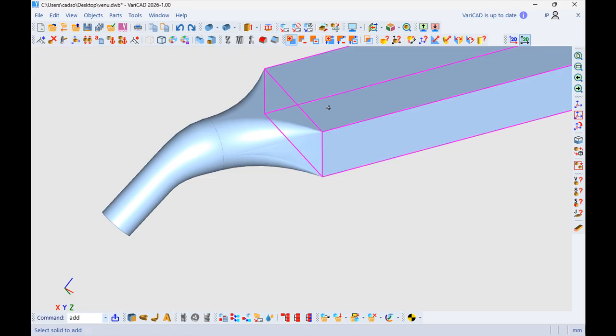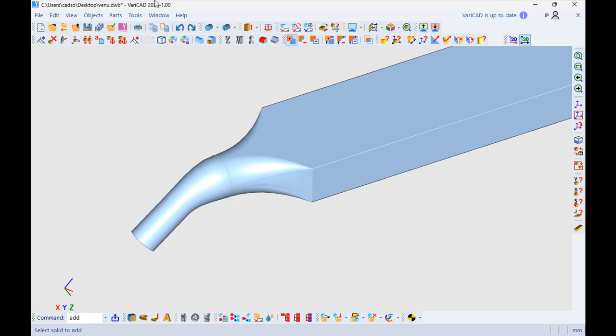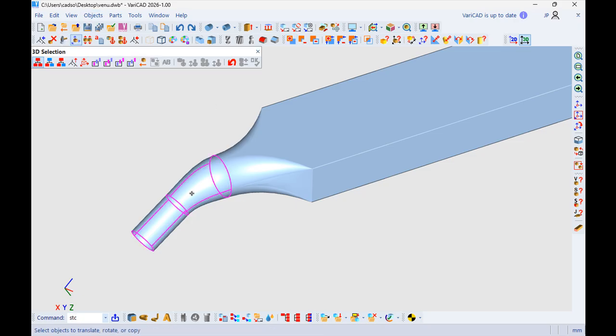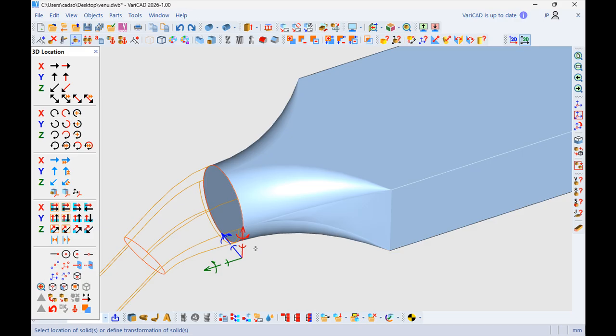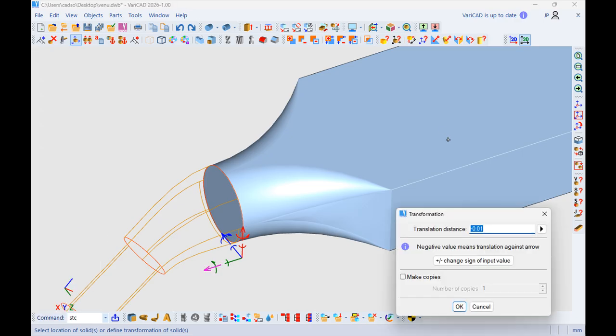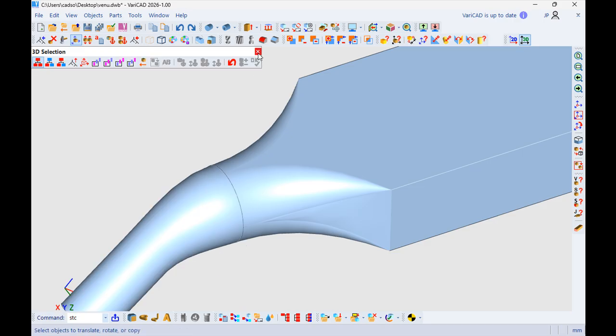So we'll add this to this one and this one to this one. Still have a mistake. Try to move it a little more. I'm not sure if I've done it on the correct place. Okay, let us do another one and try again.